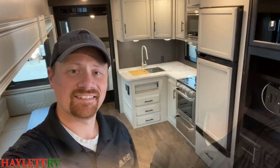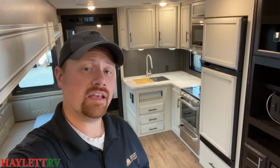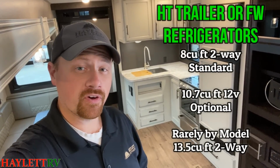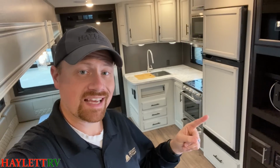Whenever you get a freestanding table, that's what you're going to get. And really, the only last major difference between the kitchen and living area of these is what's going on with that refrigerator. So, all Eagle HT's standard trailer and fifth wheel have an 8 cubic foot, 2-way gas electric fridge standard. All of them have the ability to be upgraded to the 10.7 cubic foot, 12 volt DC compressor fridge